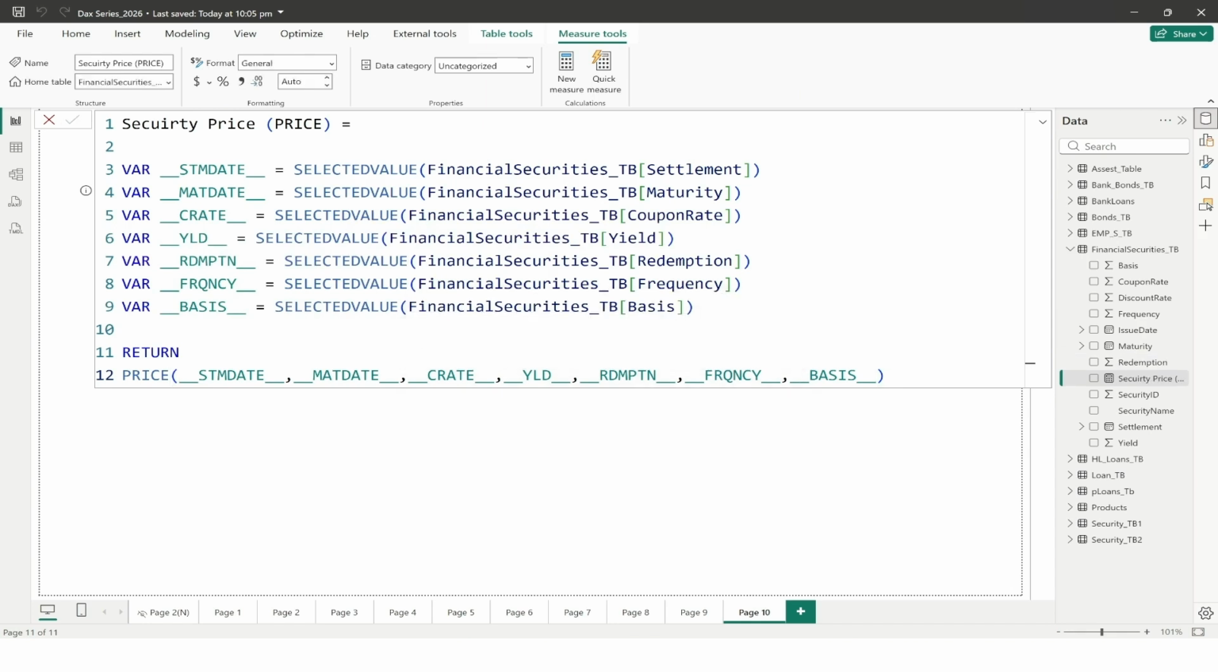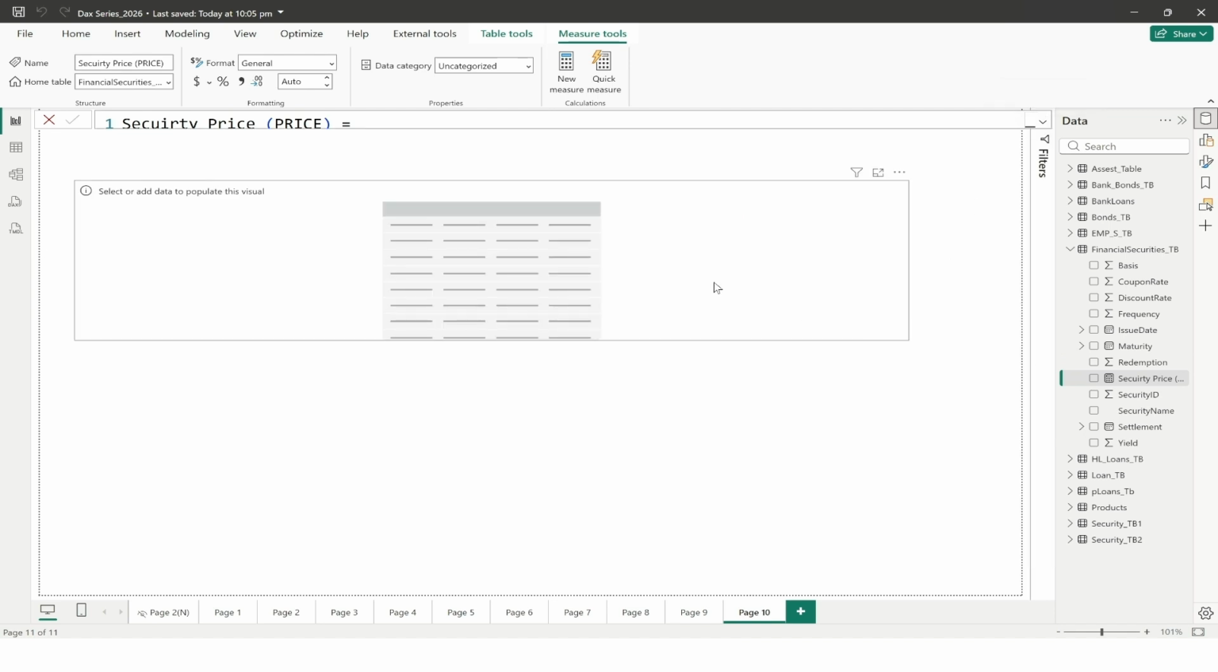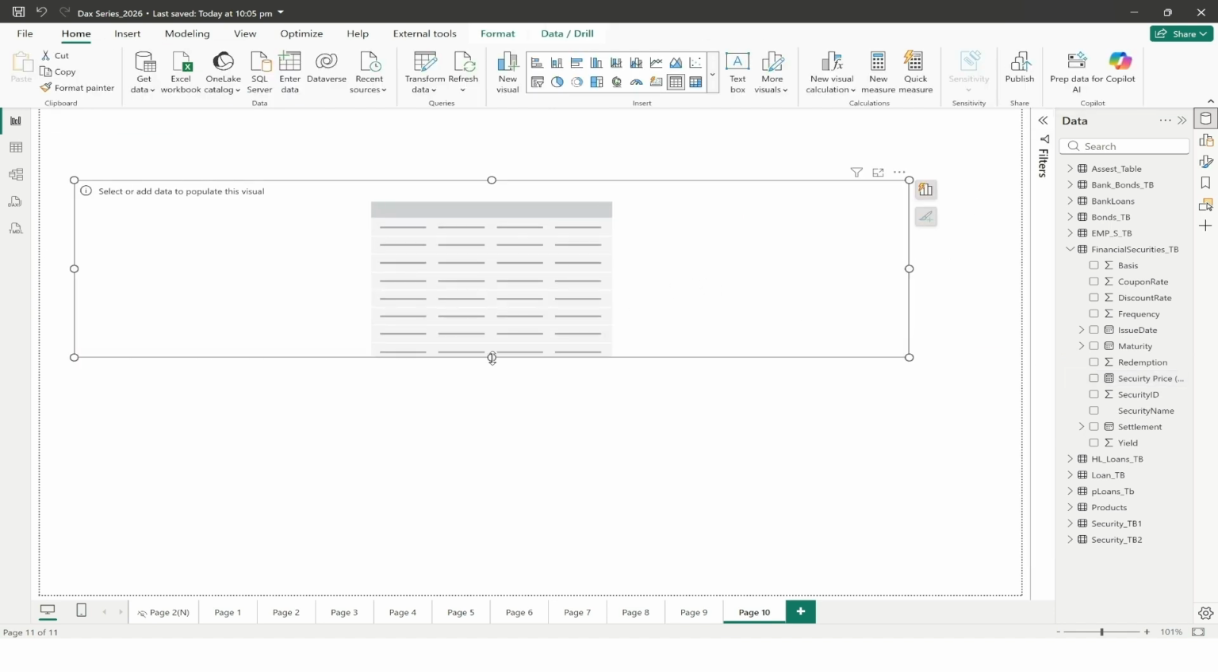Perfect, it is successfully executed. Now there is a table chart. So in this, what I'll do, I'll drag first